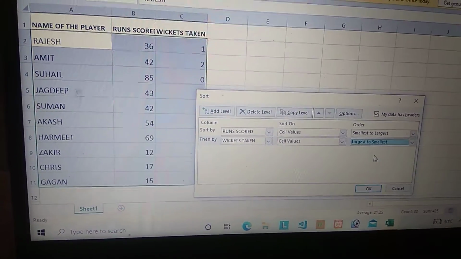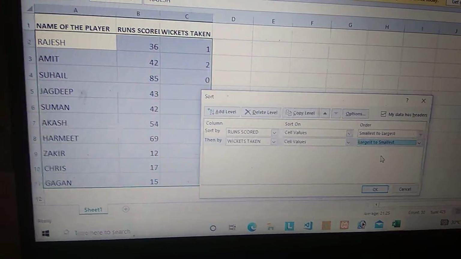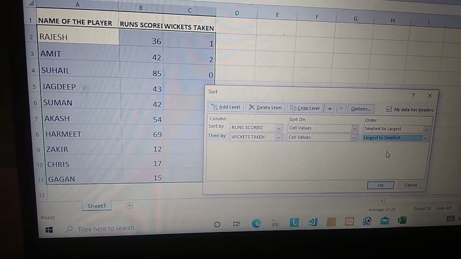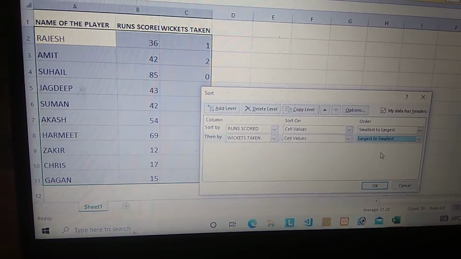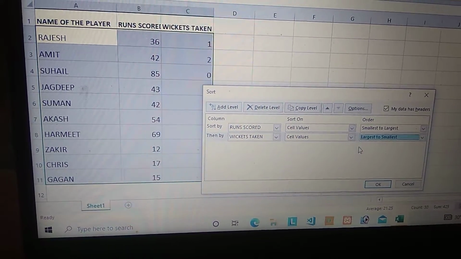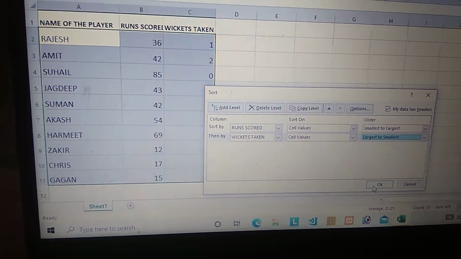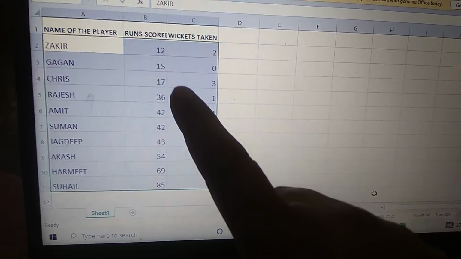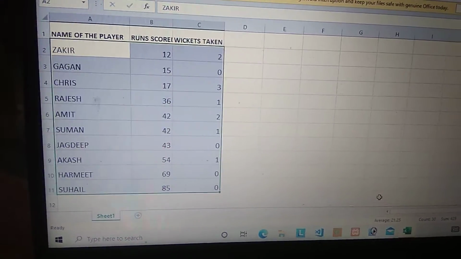But one thing you can see there, that only the first column, the runs scored column, will be arranged from smallest to largest, and according to that data, meaning according to the runs scored, the name of the player and wickets taken will be arranged. See here, I click the OK button, then you can see, look here, 12, 15, 17, 36, 42, 42 like this.